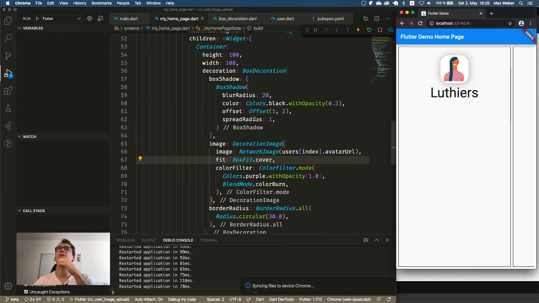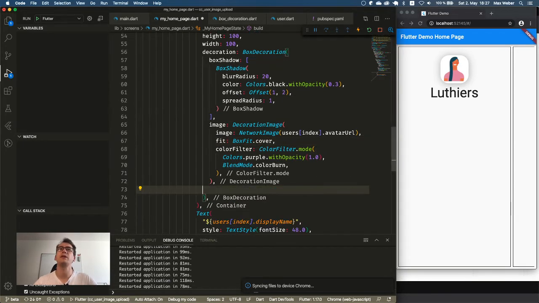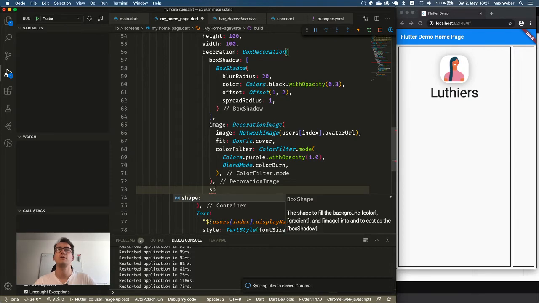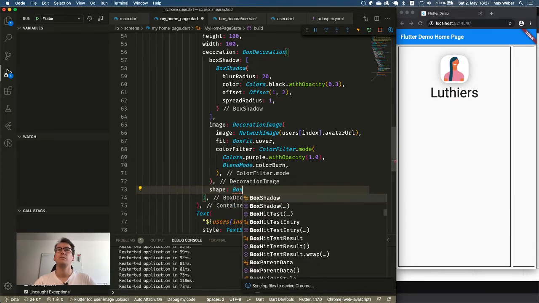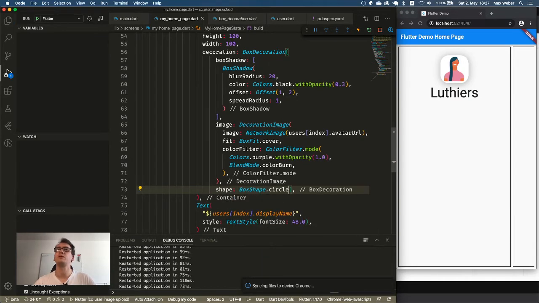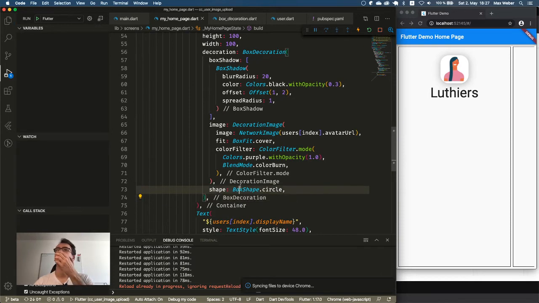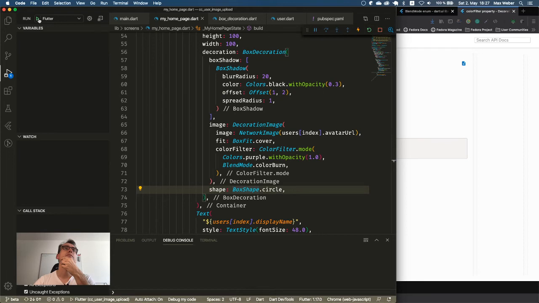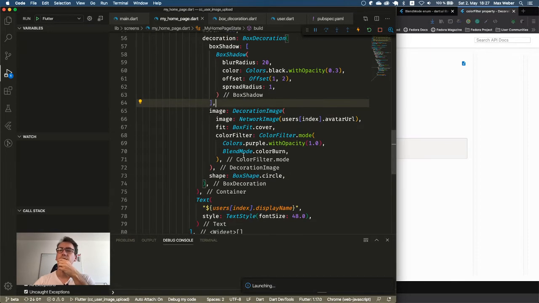And if we add now the circle thing again, instead of having the border radius, we give it the shape again with a circle. And we restart the whole thing. But I think that could be the problem.